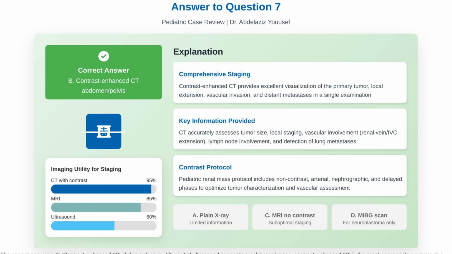invasion, and distant metastases. MRI is selected in cases where radiation exposure is a concern or when better soft tissue characterization is needed. Nuclear medicine studies include MIBG scan for neuroblastoma and MAG3 scan for assessing renal function and drainage in hydronephrosis. CT is generally faster and better for lung metastases and vascular detail, while MRI offers no radiation exposure